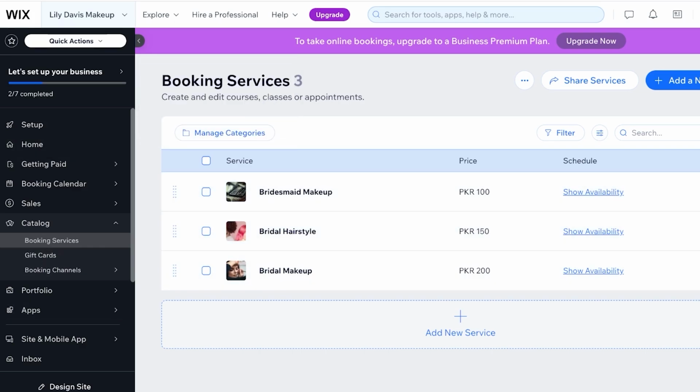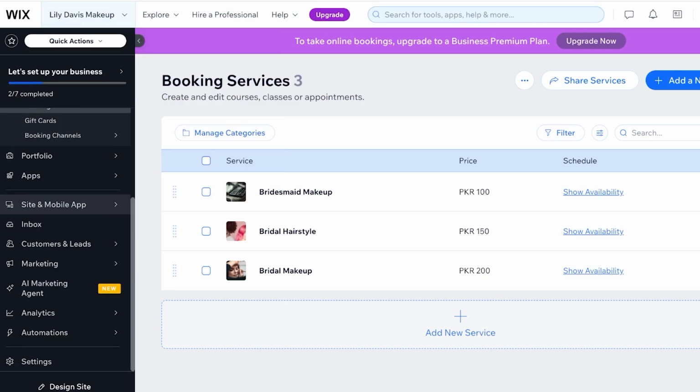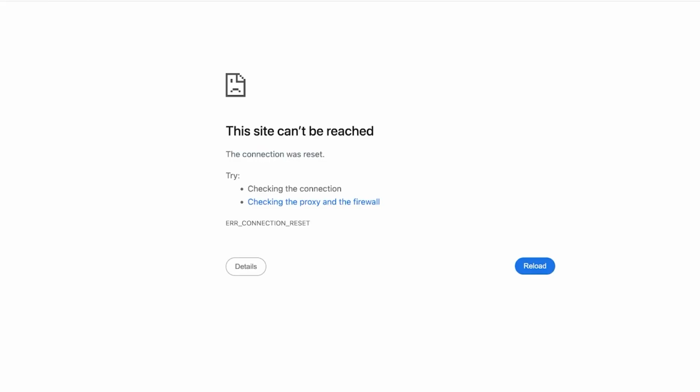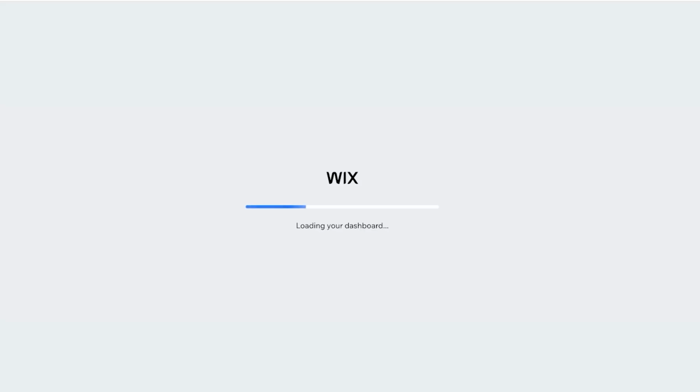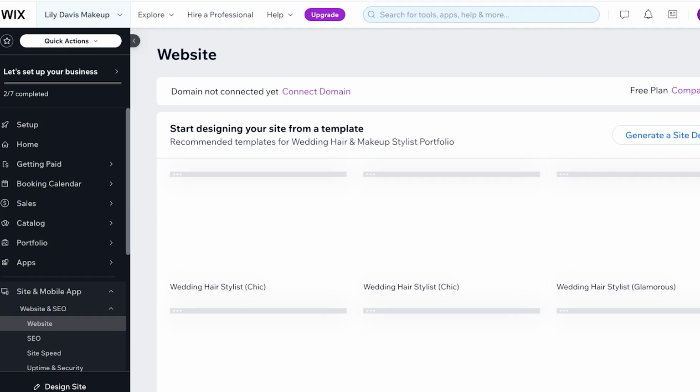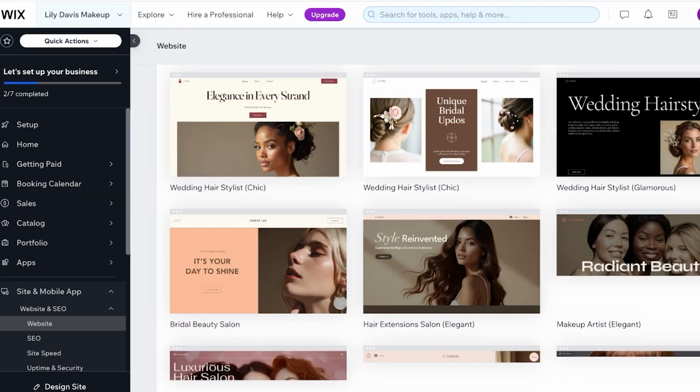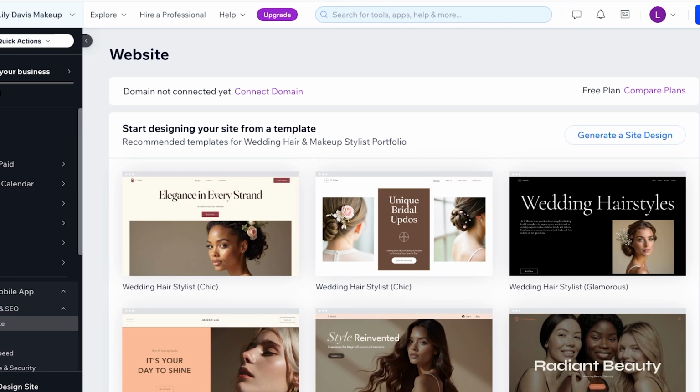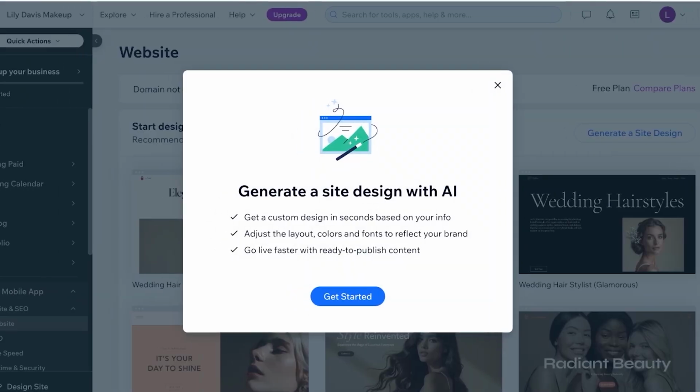We are focusing today on website building, so I'm gonna go directly into web building rather than just using this to build my back end. So we're gonna go into site and mobile app, and you're gonna head on over into your Wix dashboard and then proceed into your website. So you can go into website and you can see start designing from a template or generate a site design. Click on get started. Once you click on get started, you have the ability to create and edit your template